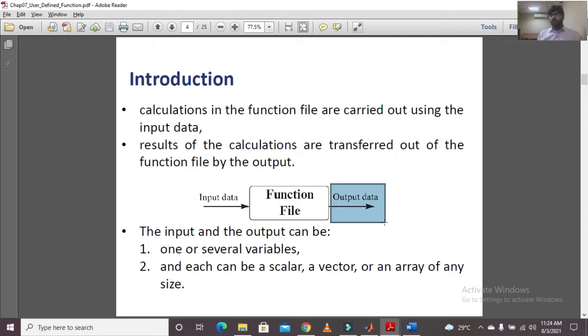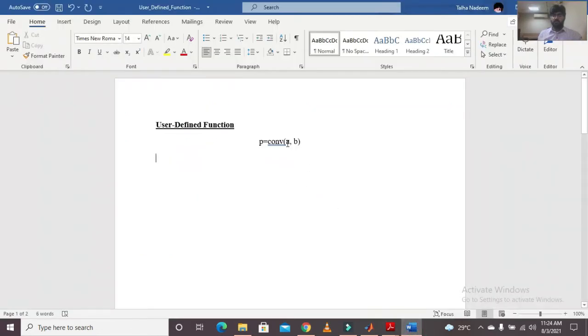Input and output arguments can be several. If you see this built-in function, here you can see that we have two input arguments and only one output argument.